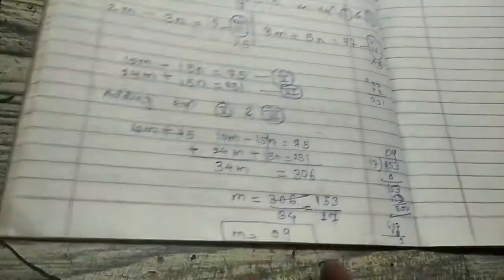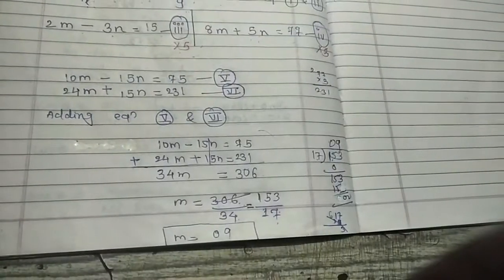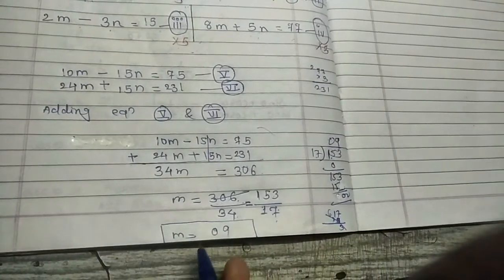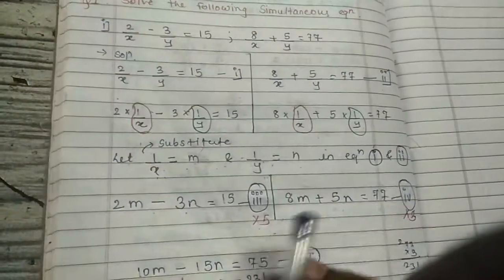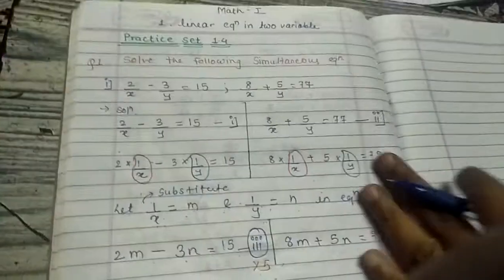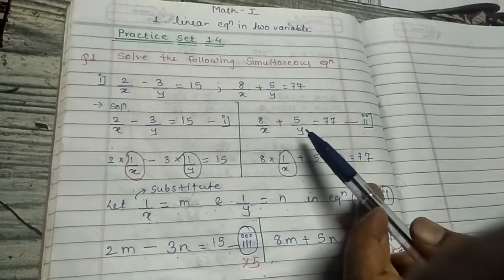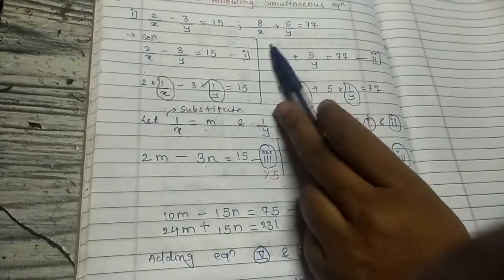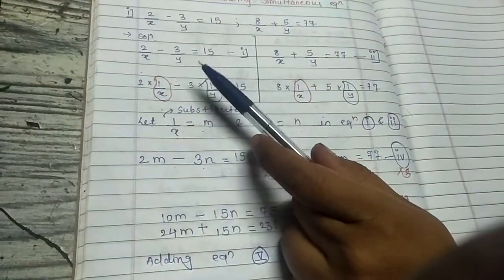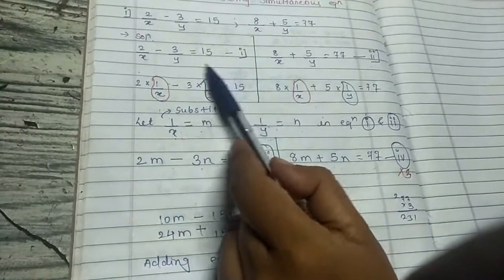Okay, so now this m is equals to 9 value we are going to substitute in any one equation. Do not substitute directly in the first or second because it is a fraction, so the calculation might be difficult. So from the third onwards, substitute in any one equation. We cannot substitute directly into x and y because in equation number 1 and 2 we have x and y variables, and here we are getting the m variable.